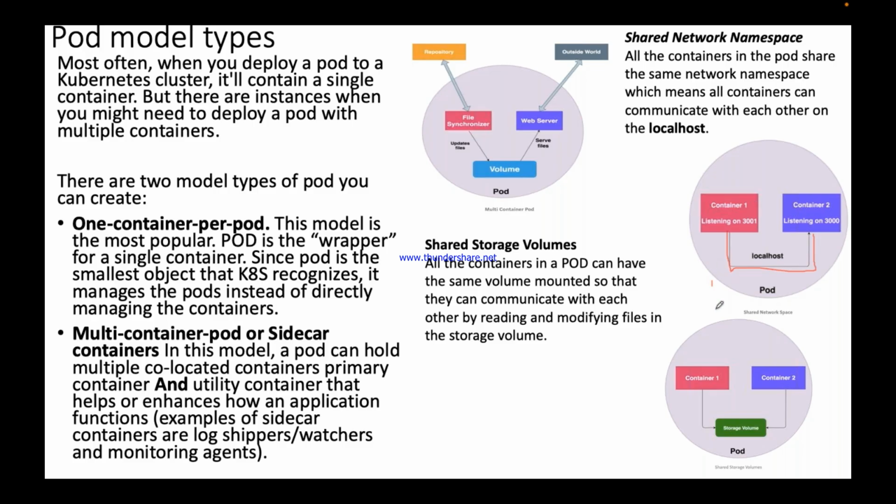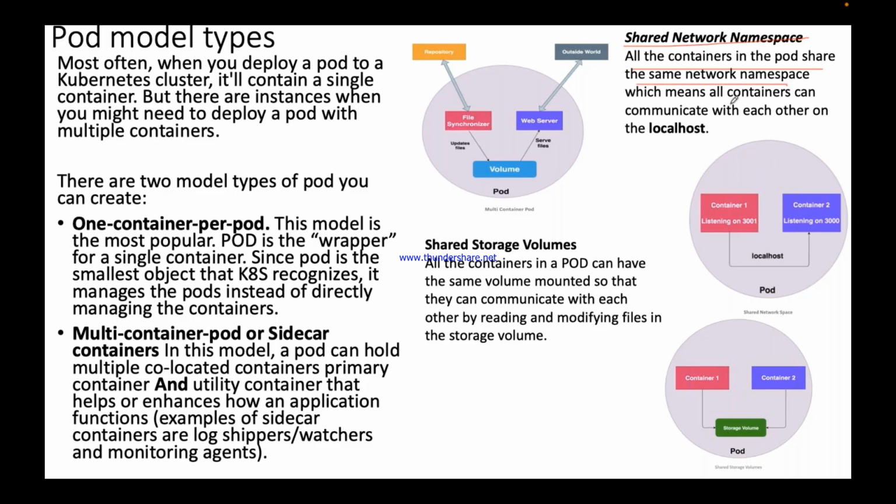If one pod wants to communicate with another pod, we need a service. The container in one pod that wants to communicate with a container in another pod needs a service. But here my question is, within the pod I have two containers, and this container wants to communicate with that container, some network call, API call like that. Do I need a pod IP or a service? Not required. Since both share the same network space, the containers running in the pod share the same